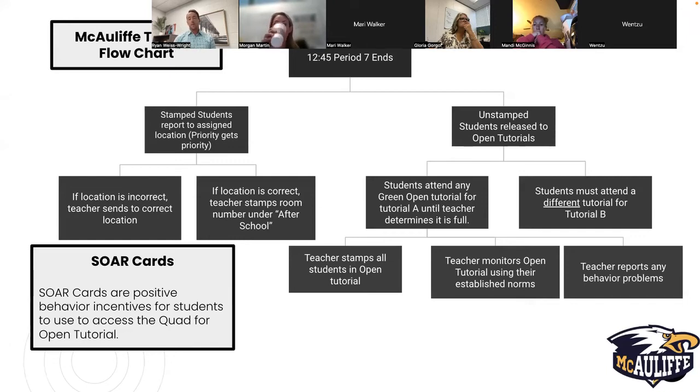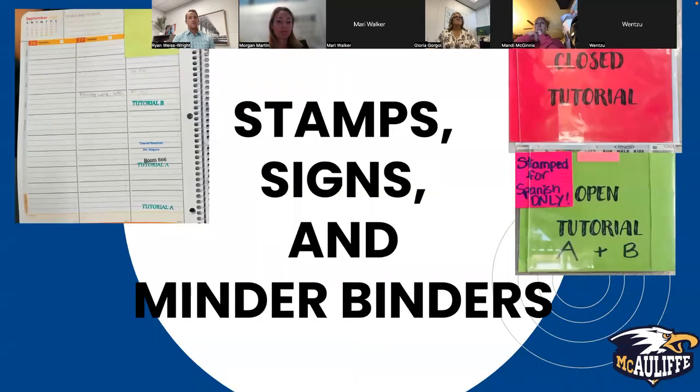We're also going to be implementing what we call a SOAR card, and I'm going to share what that is in a minute. But basically, that's going to be for our kids that have no stamps, that have exhibited exemplary behavior, and they can have access to work outside in the quad, with their friends, with supervision, of course. But that's like a golden ticket to get out to the quad. So we're running on stamps, signs, and minder binders. So this is where it gets a little bit tricky and confusing, but it won't be once we're doing it,